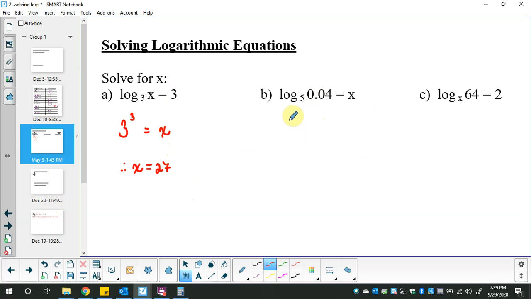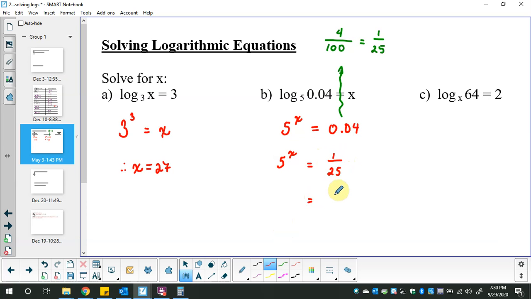So I'm going to try this. 5 to the exponent x is equal to 0.04. I know something special about decimals that maybe you'll remember. So I know that because I've got 2 decimal places, that's 4 over 2 zeros after a 1. And if I reduce that, divide by 4, divide by 4, I can change the look of this decimal and turn it into a fraction, which, believe it or not, is actually easier to deal with. And the reason I think it's easier to deal with it is because I know that 25 is 5 to the 2, but it's on the bottom,